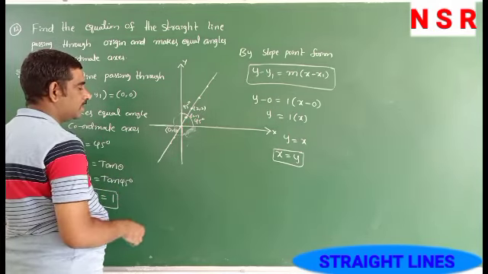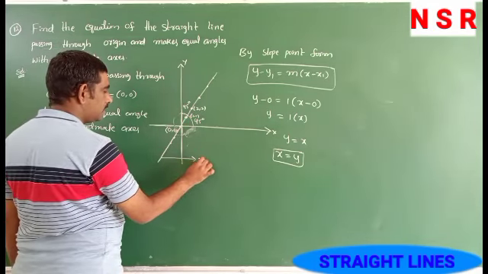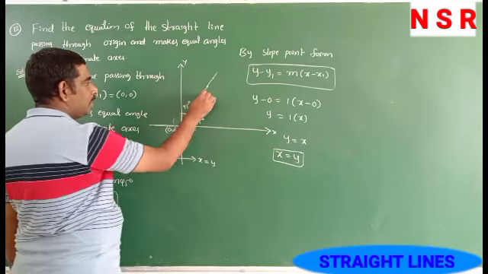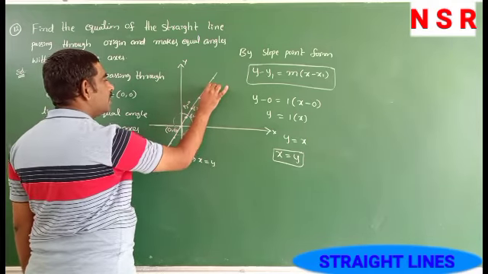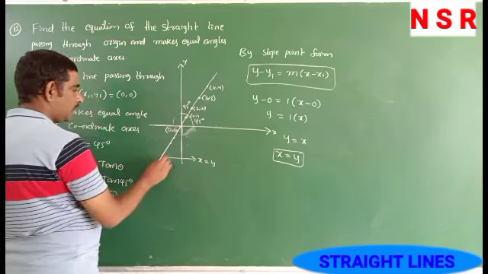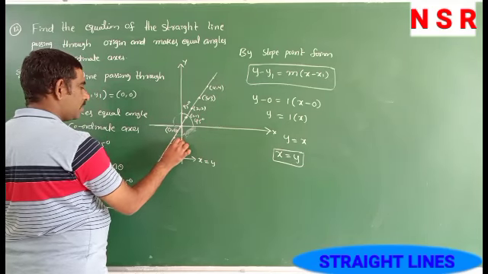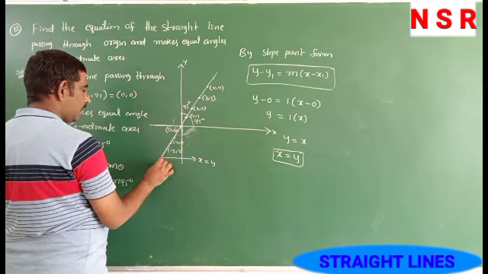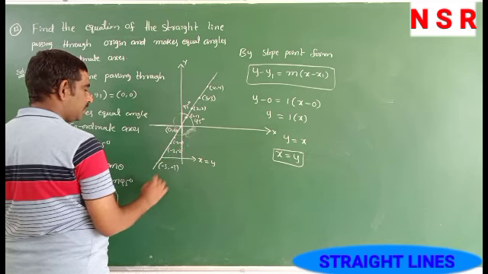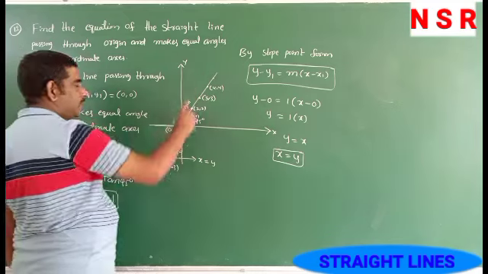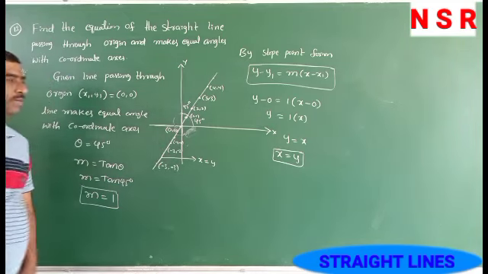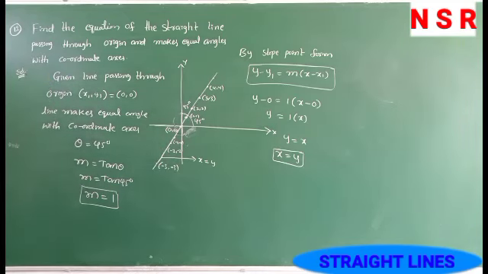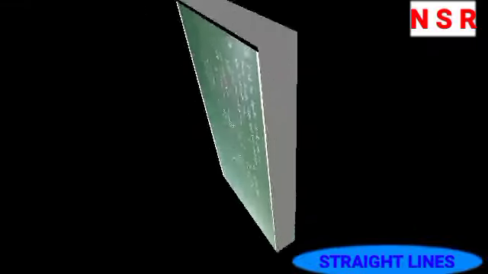So that's why this line is named x is equal to y. Suppose we are considering this part, this is 3 comma 3, this is 4 comma 4. Similarly this side, this is minus 1 comma minus 1, this is minus 2 comma minus 2. We are taking this one, minus 3 comma minus 3. Any point that lies on this line has x and y coordinates both equal. Why? Because this line passes through the origin. Remember it, it is a very important point.